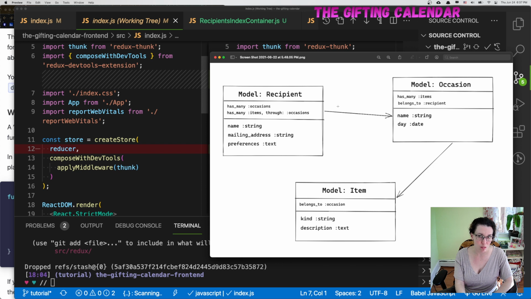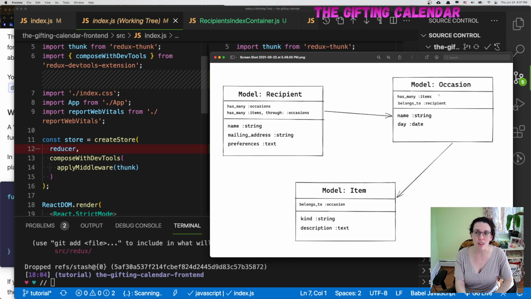Once that recipient exists, you can create an occasion attached to the recipient, and you can create an item attached to the occasion. So the occasion and recipient would have a dependent destroy on these has many associations, but